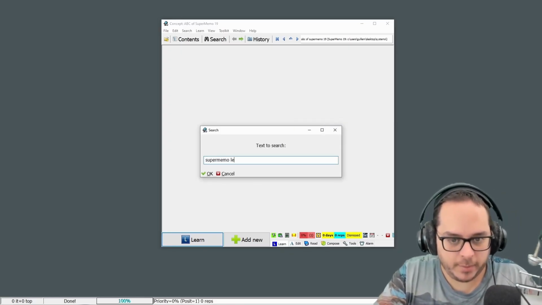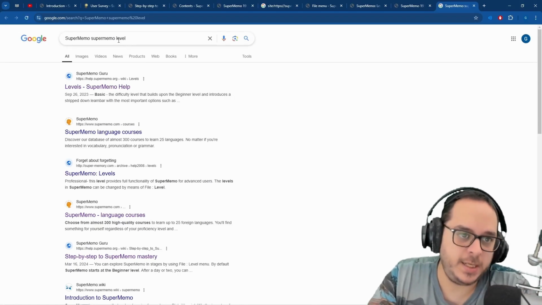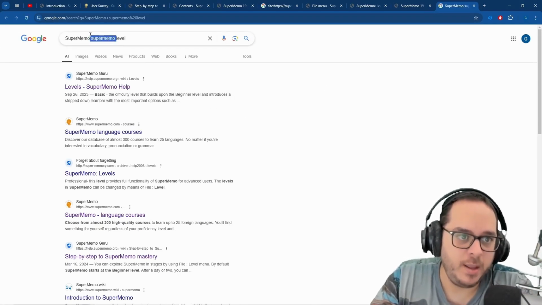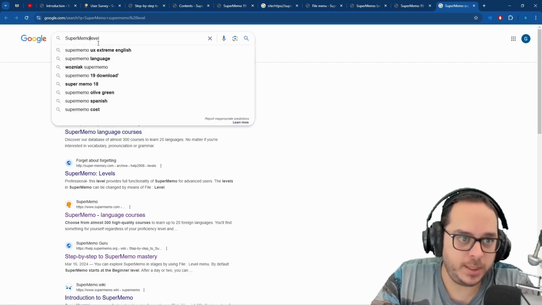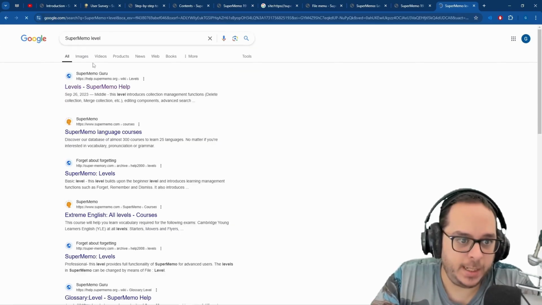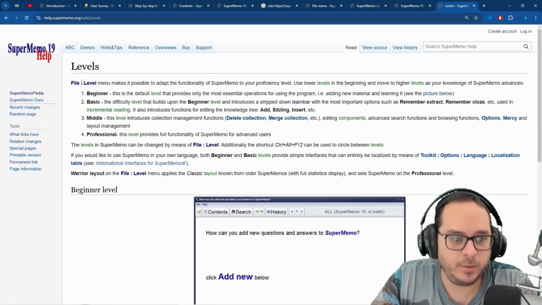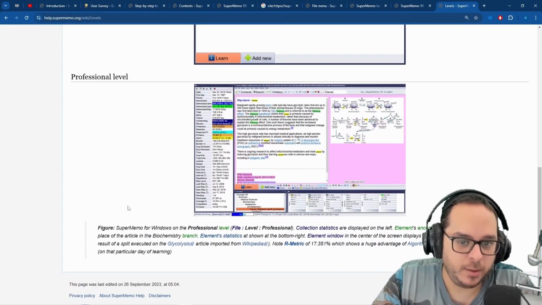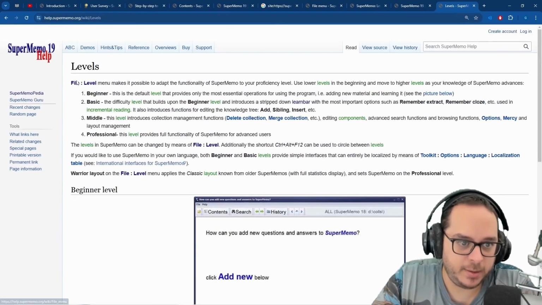Supermemo level. In this case, I added Supermemo myself. There's no need for that, because this feature just adds Supermemo. And then in this case, look at that. It's Guru, yet another website. And look at that: beginner, professional, the screenshots, and more or less, once again, the same